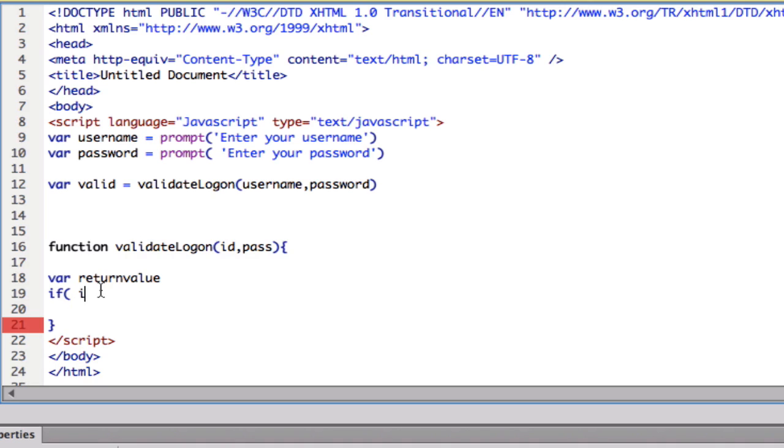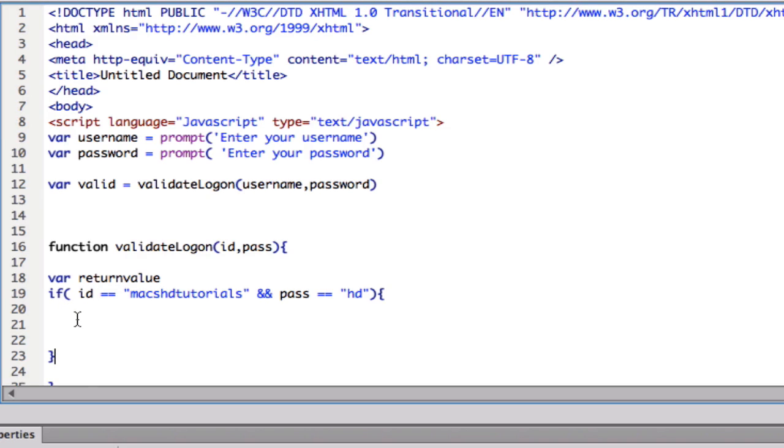So I'm put if ID equals Macshdtutorials, and then and pass equals, I don't know what to put. I'm just gonna put HD. I really don't know. We're gonna end this condition,